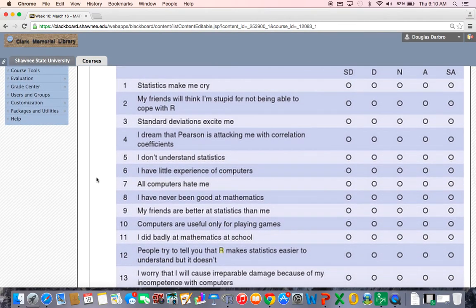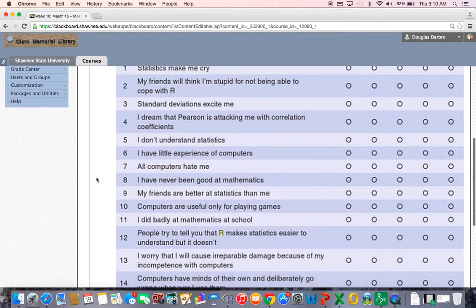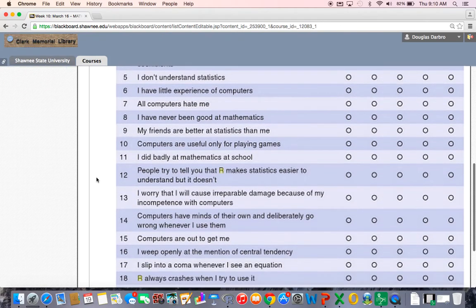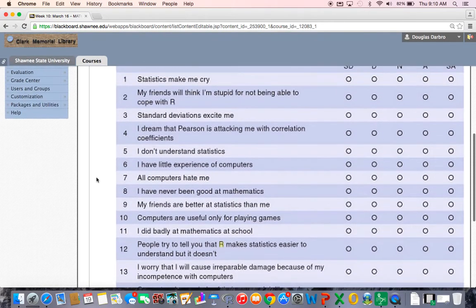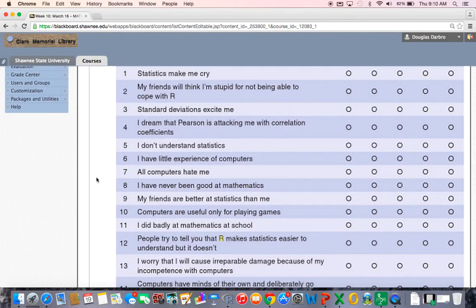I think he's one of the more clever. If you're a little wheezy, you may not want to listen to his videos because he gets pretty crazy in some of them. But he's doing a great job in making connections between using statistics and using R and SPSS